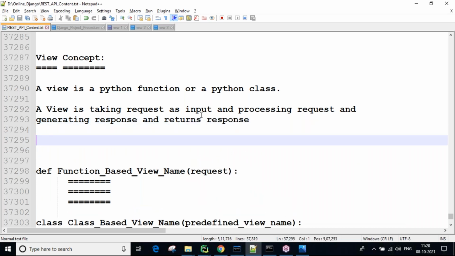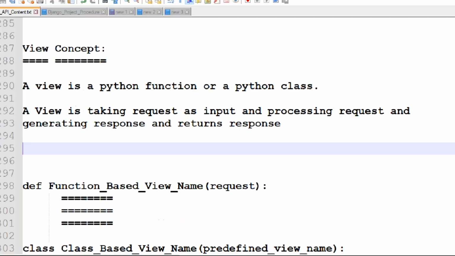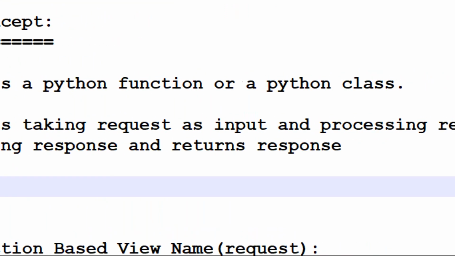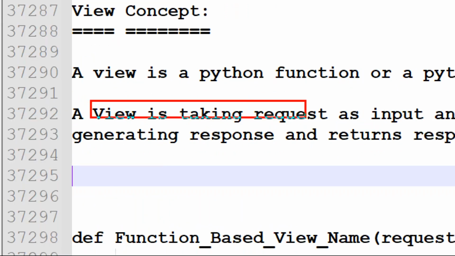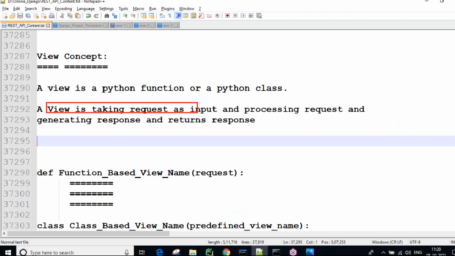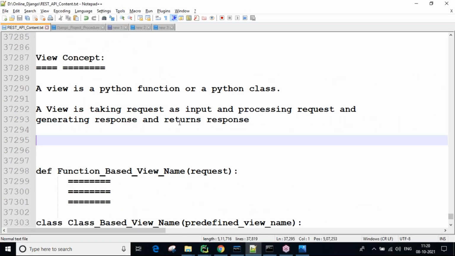This is the view behavior. A view is a Python function or a Python class. This view takes the request as input, processes that request, and finally generates the response and returns it back to the browser.